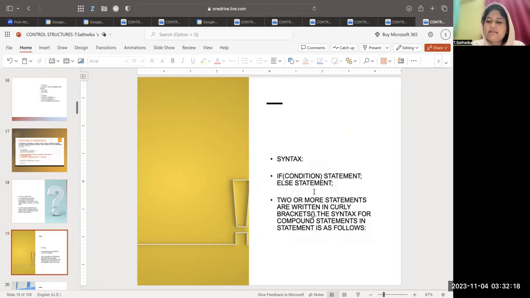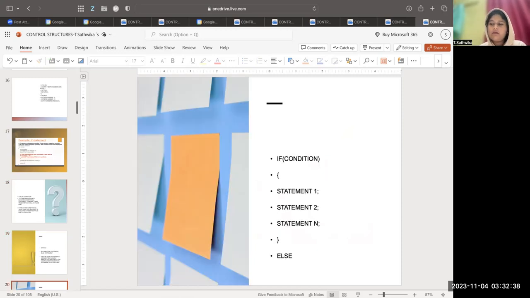Now coming to the syntax of if-else condition: if (condition) statement; else statement; Two or more statements are written in curly brackets. The syntax for compound statements in this statement is as follows: if (condition) { statement 1; statement 2; up to statement n; } else